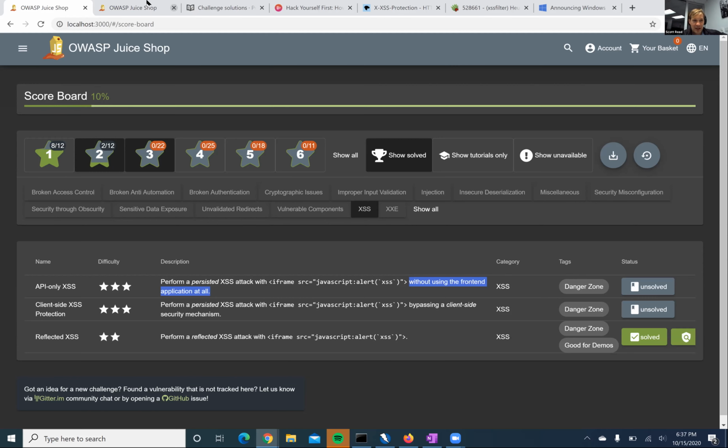Yeah. On that last one, the client side XSS, did you discover the administration route? No, I posted to almost every API in the list, but for some reason I missed users.